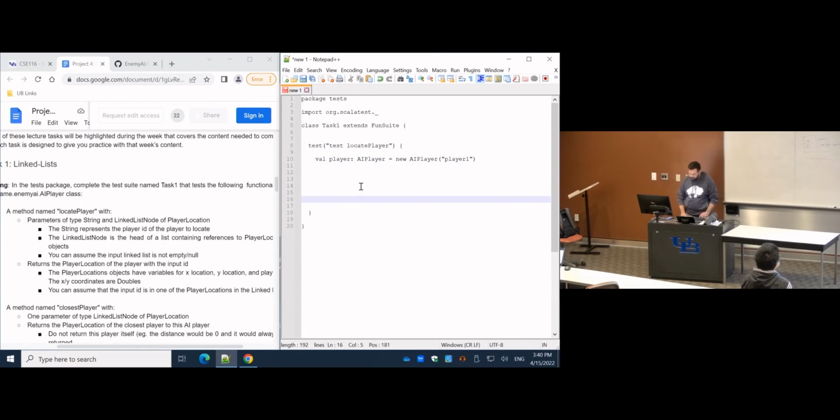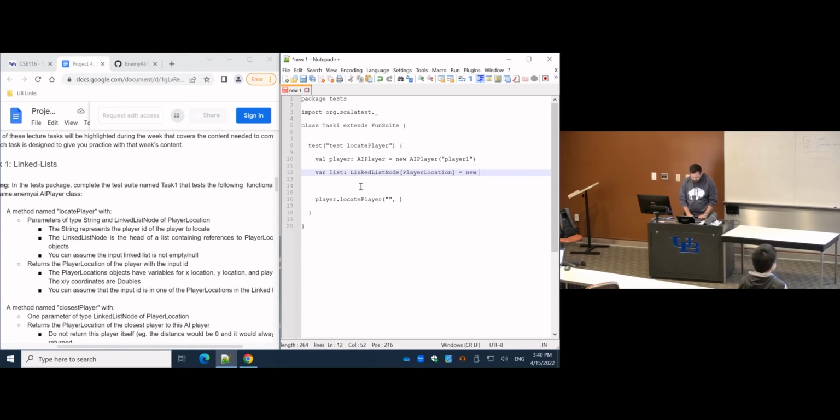So eventually, I want to call player dot locate player of some string and some linked list node. I'm going to create this as a variable, which is going to be the player list, which is going to be a linked list node of player location,